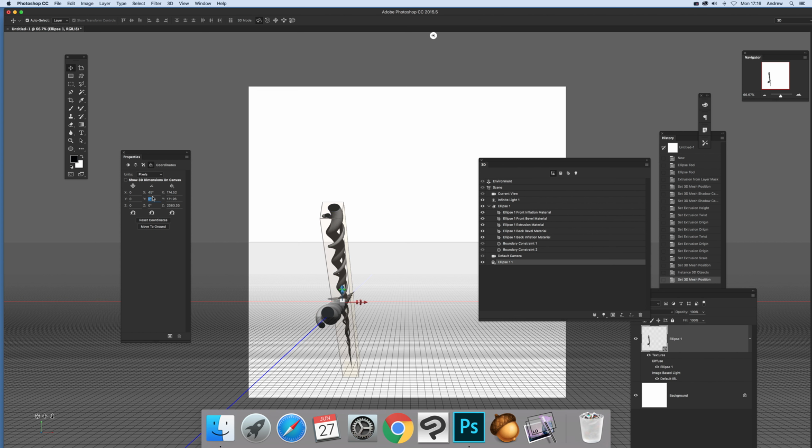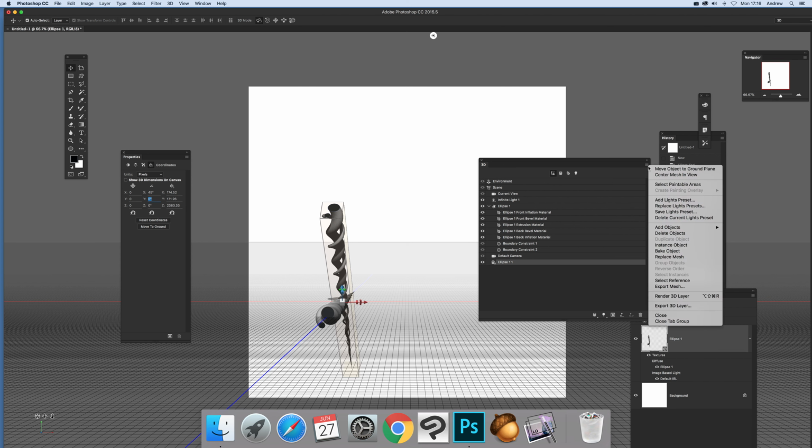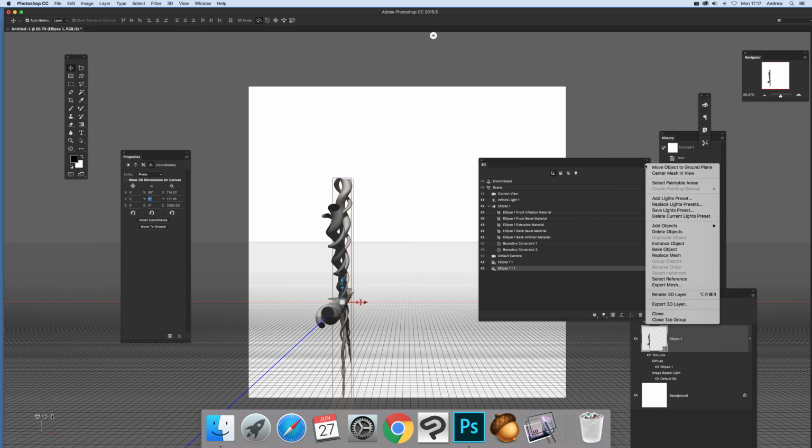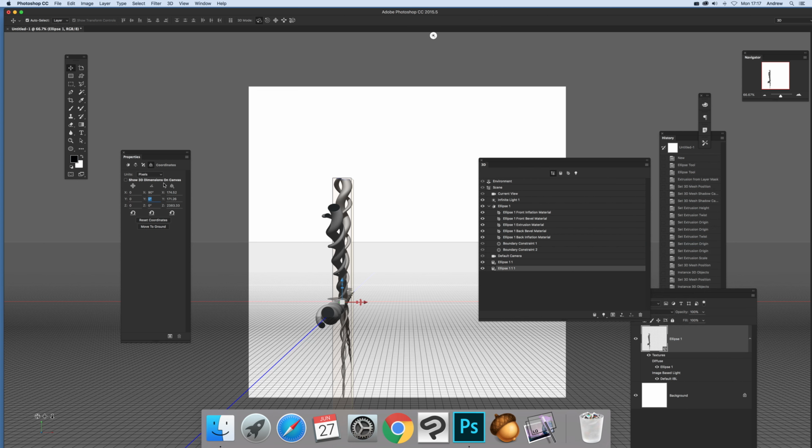And you can see straight away you've got 45 there, and then go over here again, instance object, and you get another copy, and then you can enter 90, and then another one. You're going to instance object and